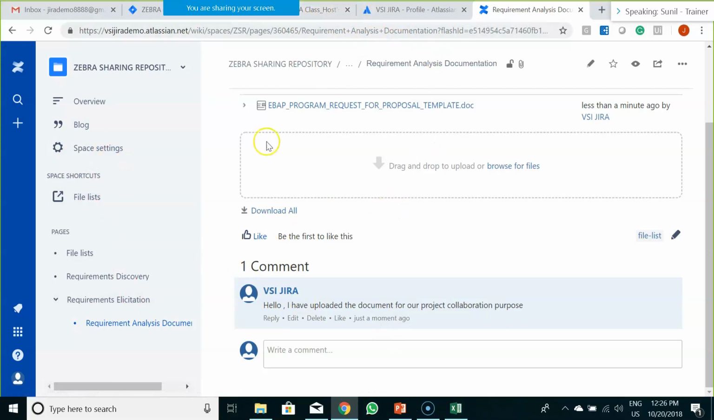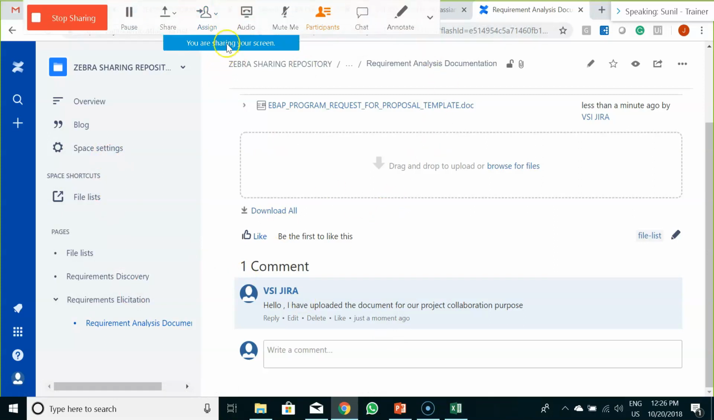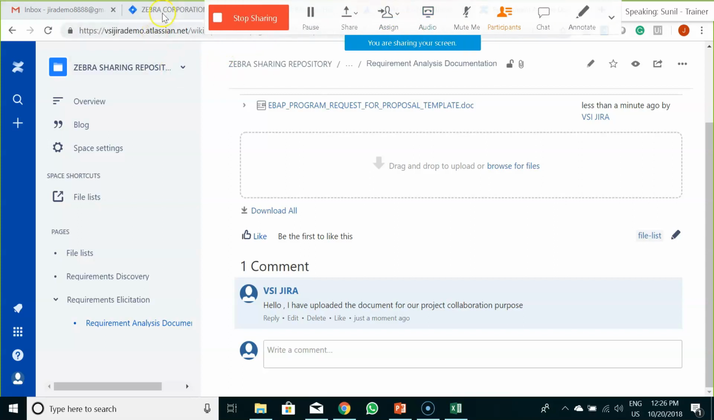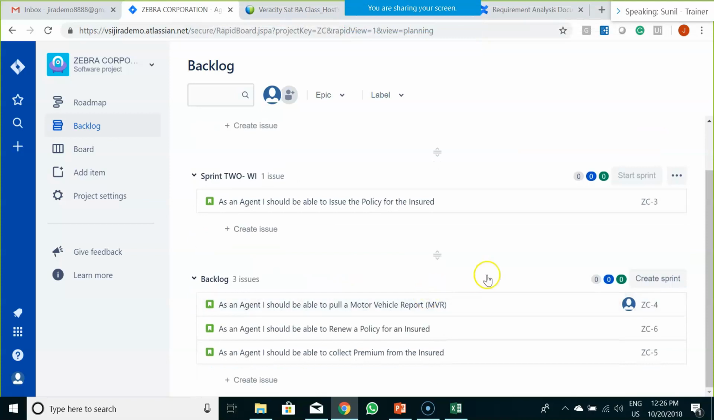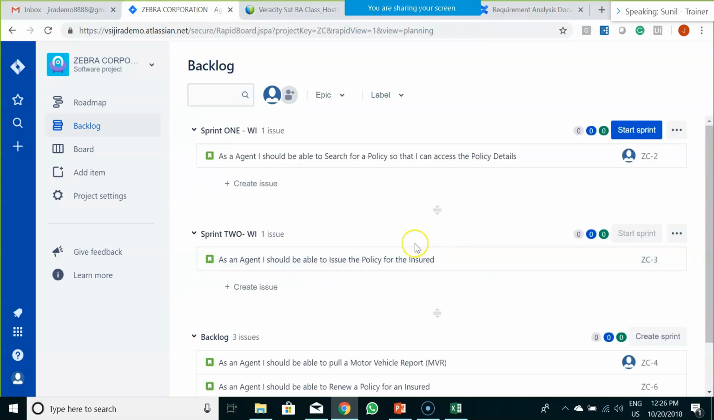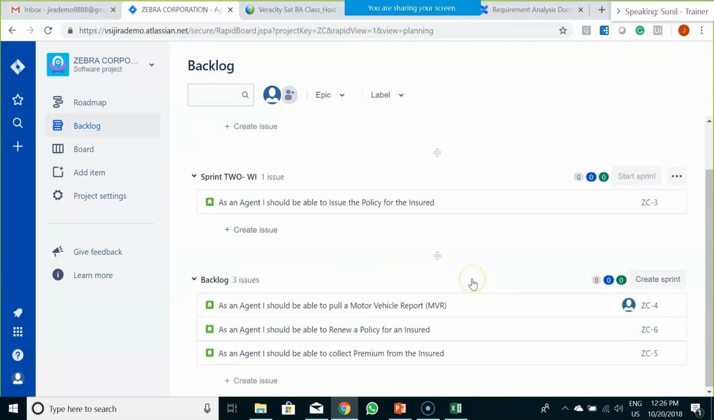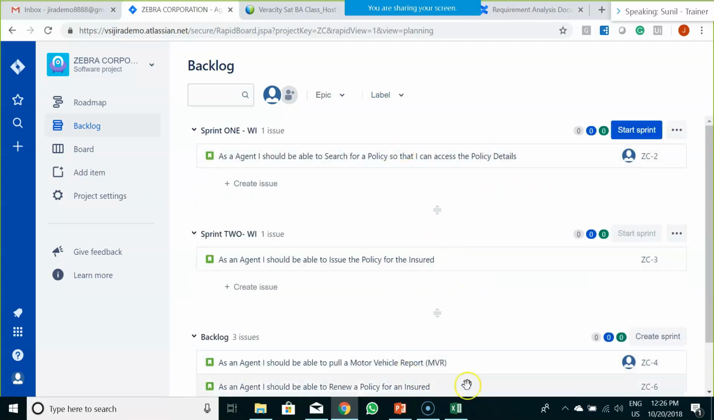Confluence is free for 30 days. You can register for Confluence and try it out. Ensure you do not upload any sensitive document, because this free version is publicly available and anyone can access it. So even though you are uploading a document, ensure it is access restricted. So you can play around with Jira and